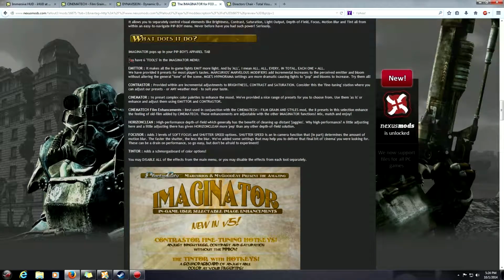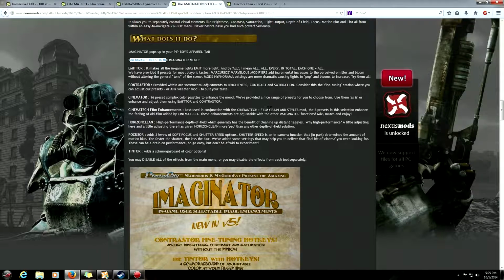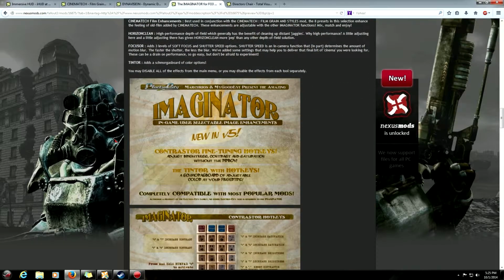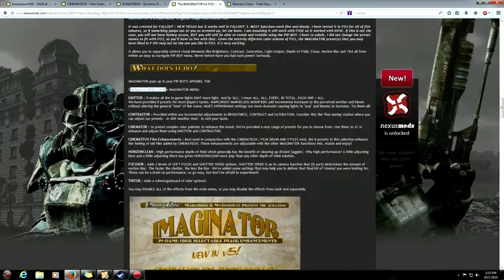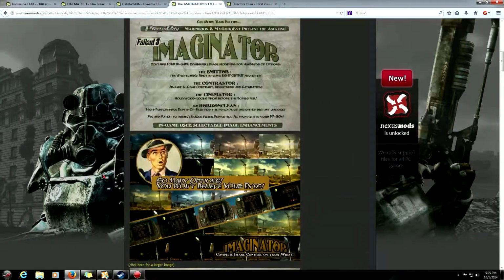And we have 6 tools: the emitter, the contraster, the cinemator, CinemaTech film enhancements. So this is best used in conjunction with CinemaTech, Horizon Clean, Focuser, and Tinter. So this is a very, I like this mod. It's very interesting. Makes it to where you can really set the feel of the game, how you want it